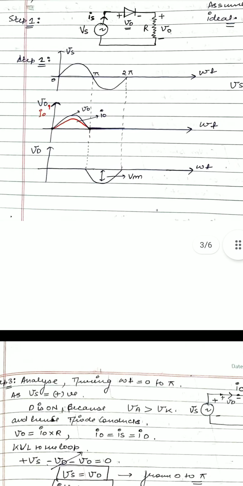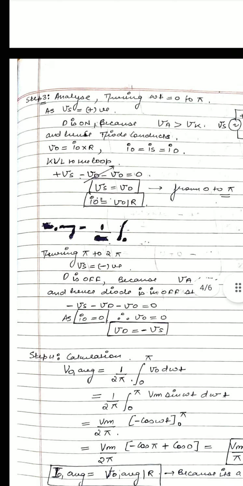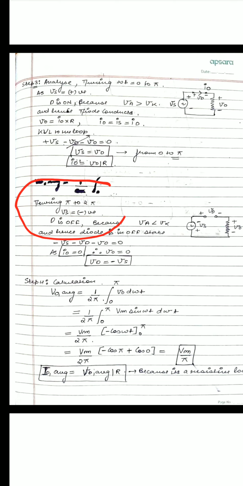So whatever the supply voltage waveform from 0 to pi, the same waveform we will get in the case of load voltage also from 0 to pi. From 0 to pi, the supply voltage waveform is equal to the load voltage waveform. We have seen from this equation also, we have done mathematical analysis also. So now next, during pi to 2 pi,